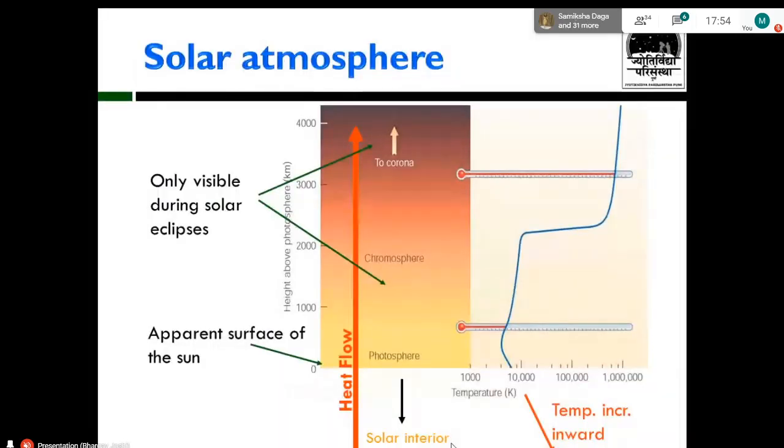So now regarding the solar atmosphere, there is a very interesting phenomenon that is still a mystery to astrophysicists today. By logic, the temperature should be highest at the core of the sun, which is of course 15 million degrees. And as we go outwards from the core, the temperature should decrease, right? Makes sense? So the surface temperature is in fact 5,000 degrees. It is lesser than the core.